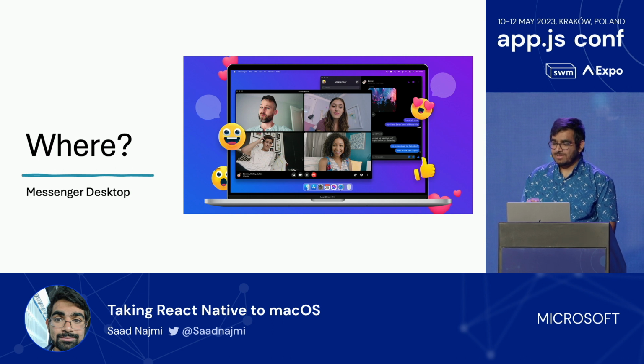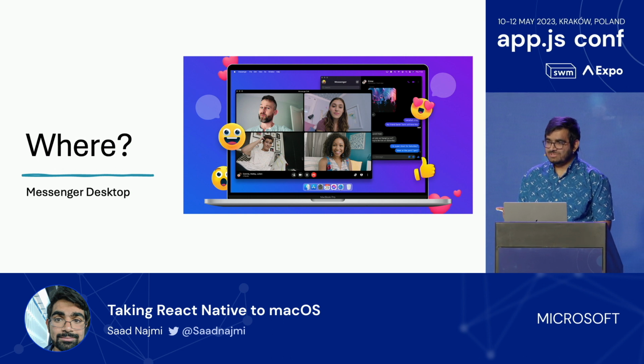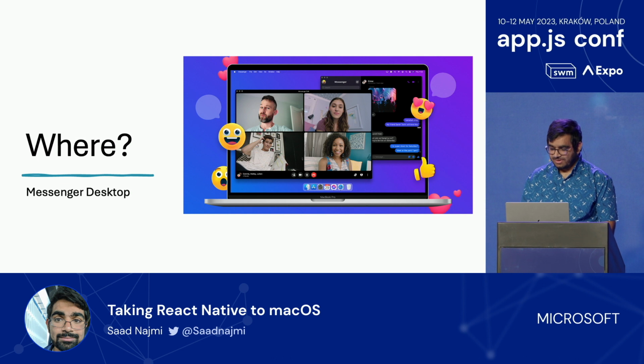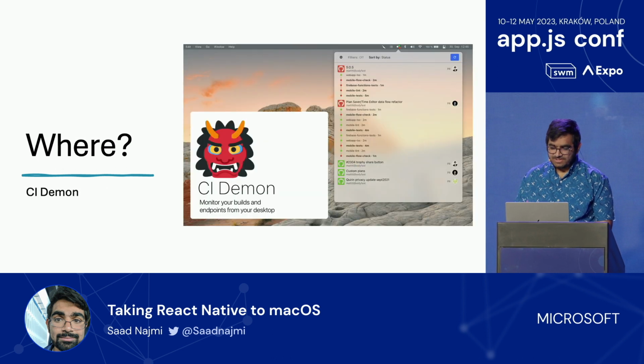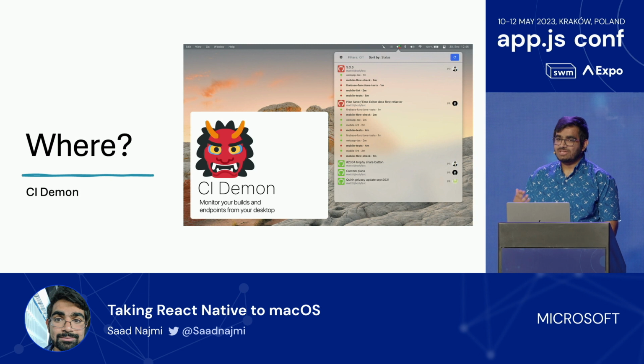I'd like to also talk about some smaller apps. The next two apps are actually made by the same guy. His name is Oscar Franco. He's been kind of tinkering with React Native macOS for a while, and I think he has some interesting use cases. So the first is CI daemon. This is a simple menu bar app that just shows you the state of your CI builds in GitHub and other places. I just like it because it looks good, but it also kind of shows you how you can use React Native in new contexts and places that you wouldn't have otherwise thought you could stick